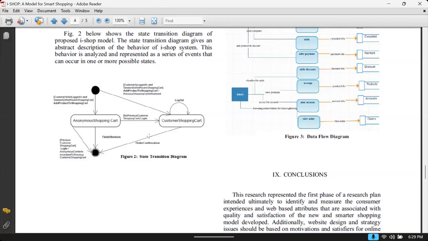Implementation related cases are all given. If you are a programmer, those cases are given to you, and according to the cases and the flow, you have to write the code. And if you are a database designer, an ER diagram is given to you, and according to that, you have to build the database. That means nobody will sit and explain to you, do it like this, do it like that. Everything is followed with diagrams.